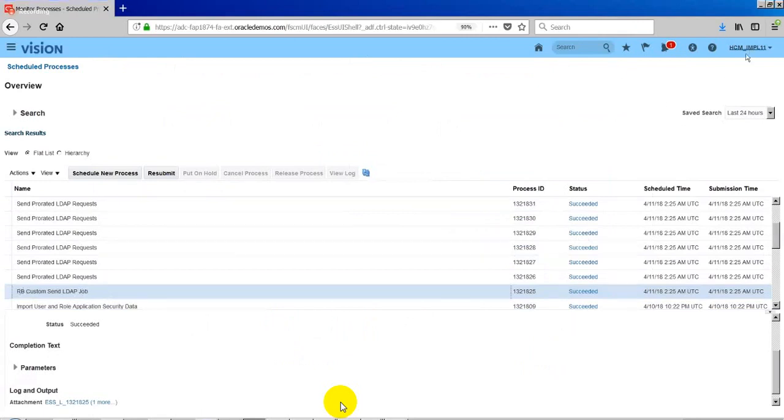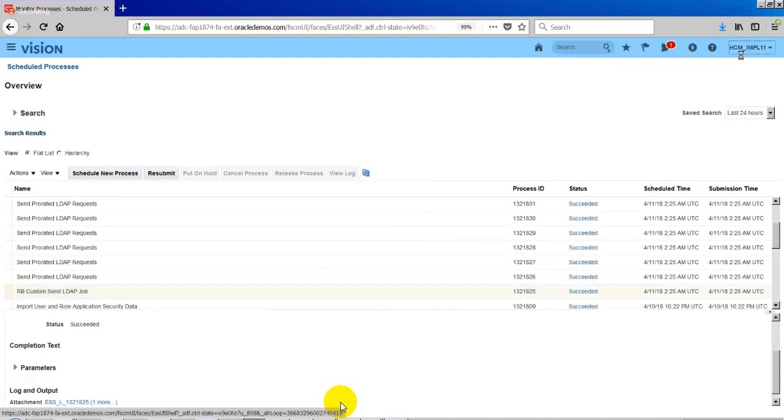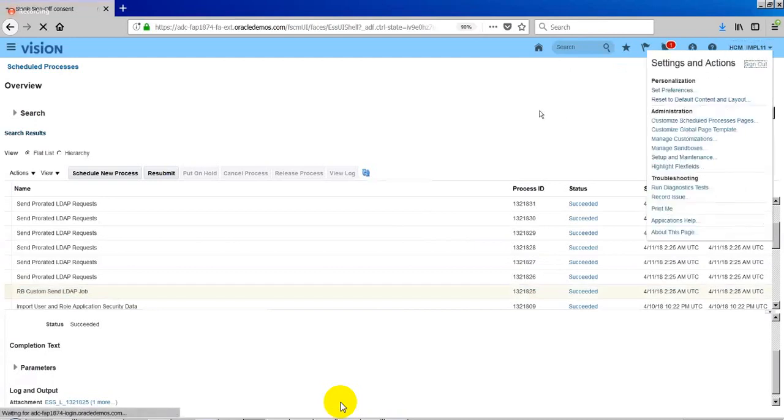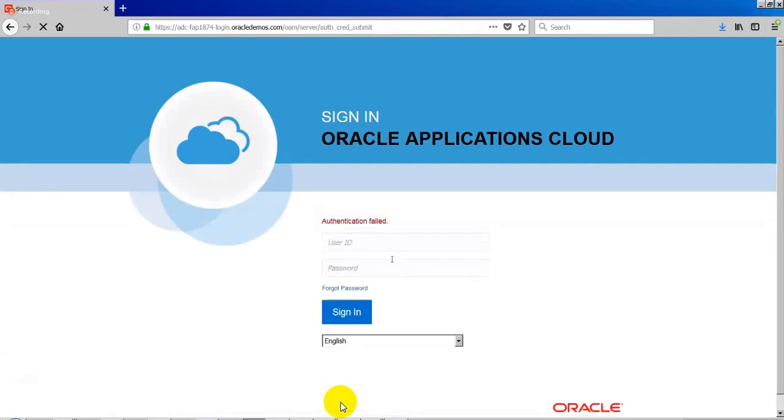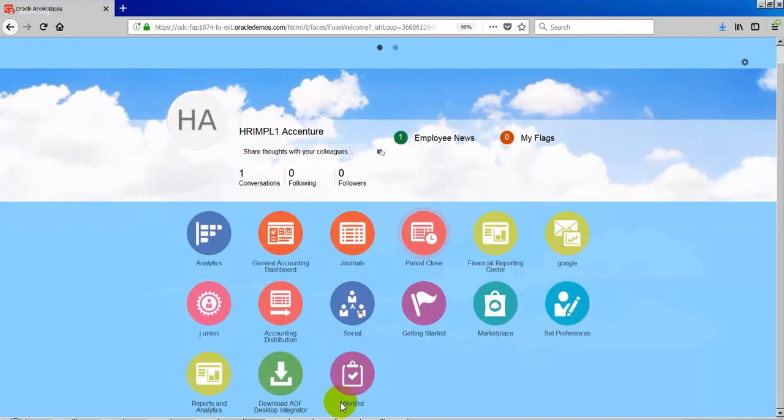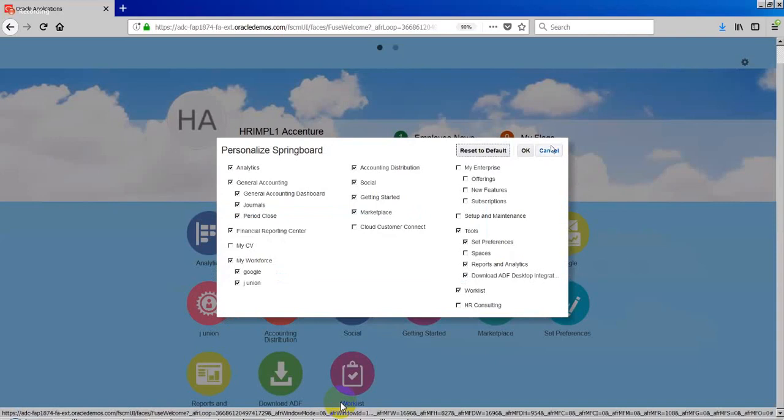For example, I will log out and log in as a different user. Okay, this person doesn't have access to submit the jobs. Yeah, this person has.